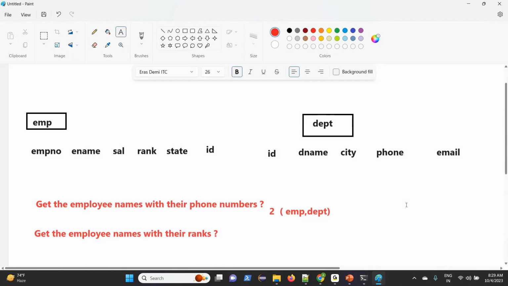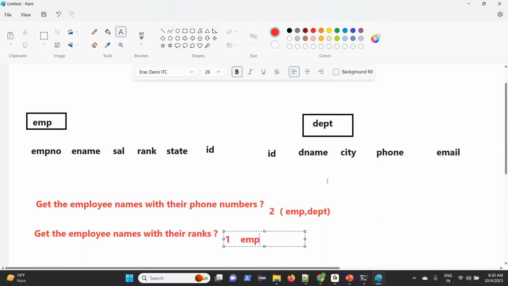So when I say 1 table or when I say 2 tables, your understanding skills matter here. Why are you going to take only 1 table? When you understand the requirement, get the employee names with their ranks, all the columns are available within one single table. That table we can say is the employee table.